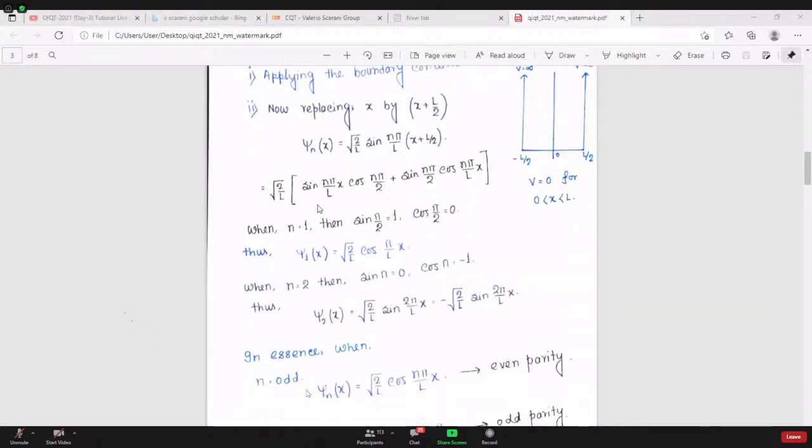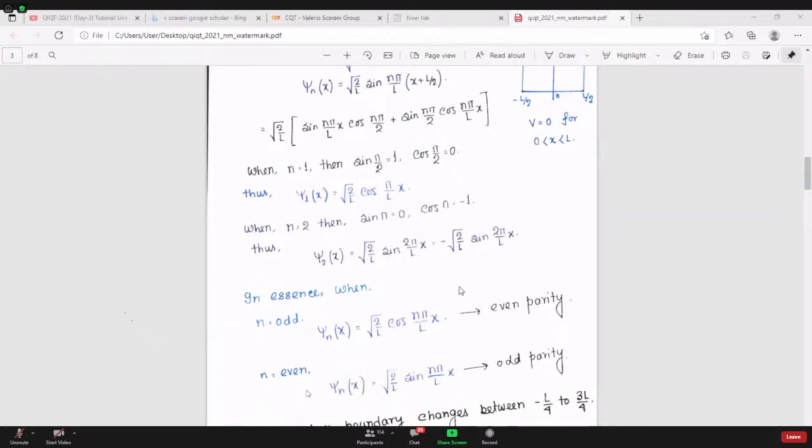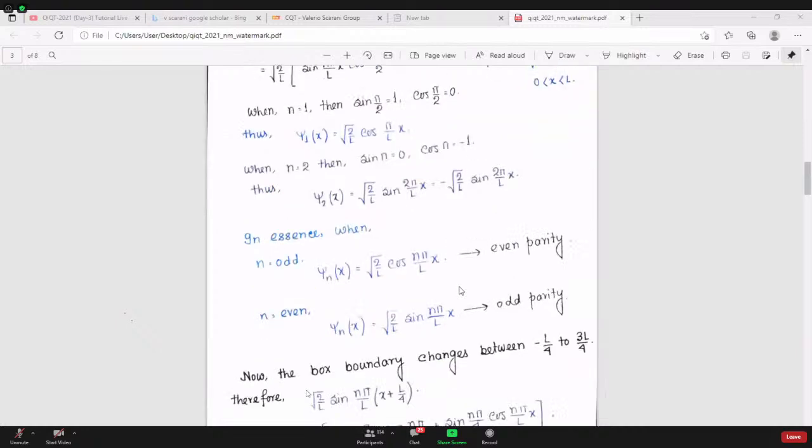Now, if we choose n equal to 1, that is the ground state, the expression reduces to cos pi by L into x. Similarly, when we choose n equal to 2, it reduces to sin 2 pi by L. That means, depending upon the value of n, the principal quantum number, depending upon